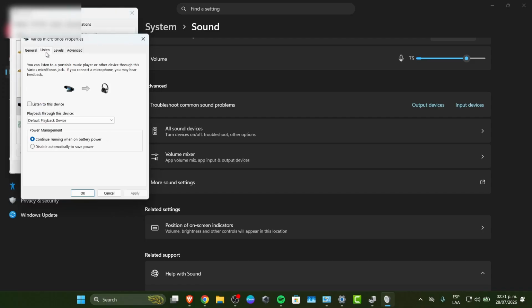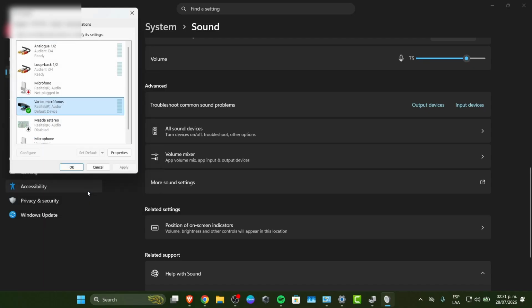If you go to the listen section, make sure that "Listen to this device" is unchecked. Really important. This single setting causes the vast majority of recording echoes. You're good to go. Now, just in case this didn't work for you,